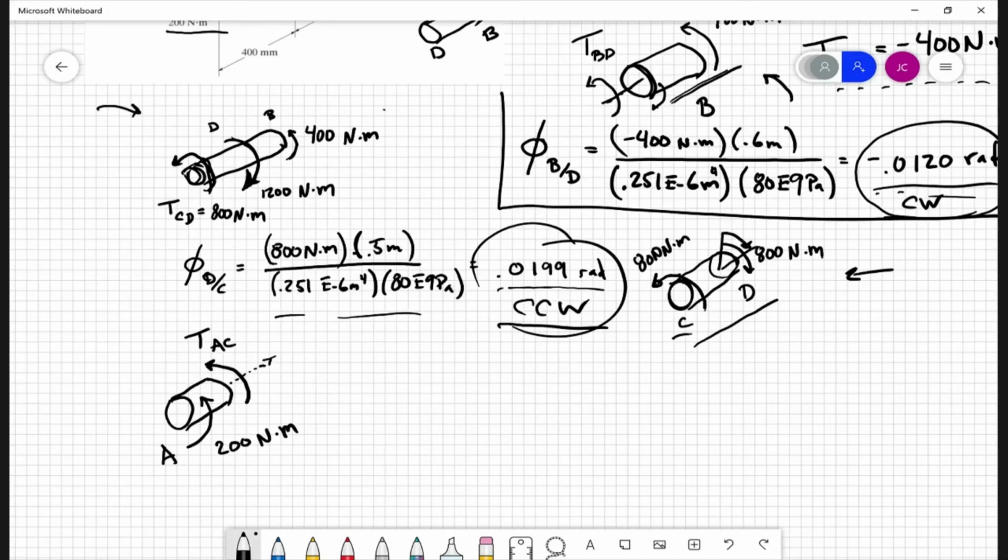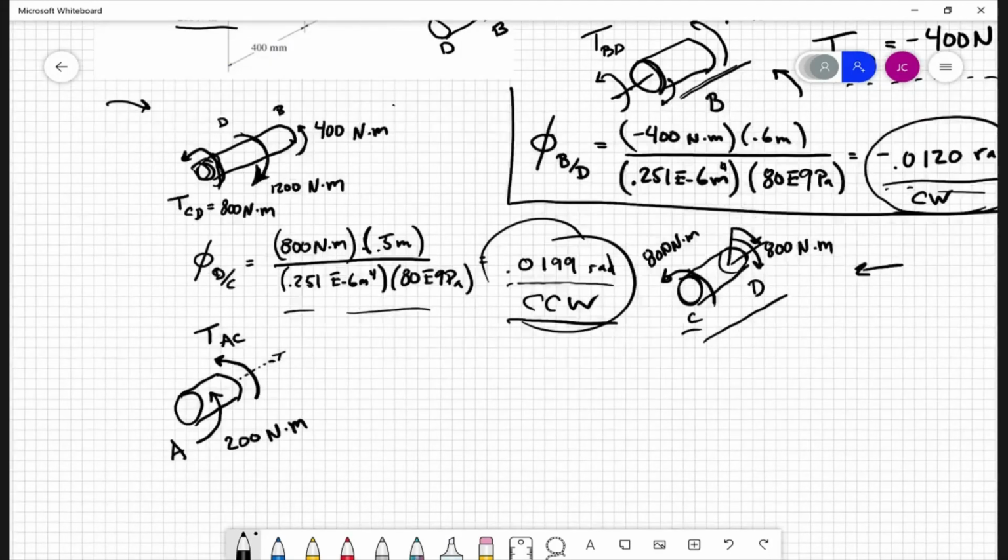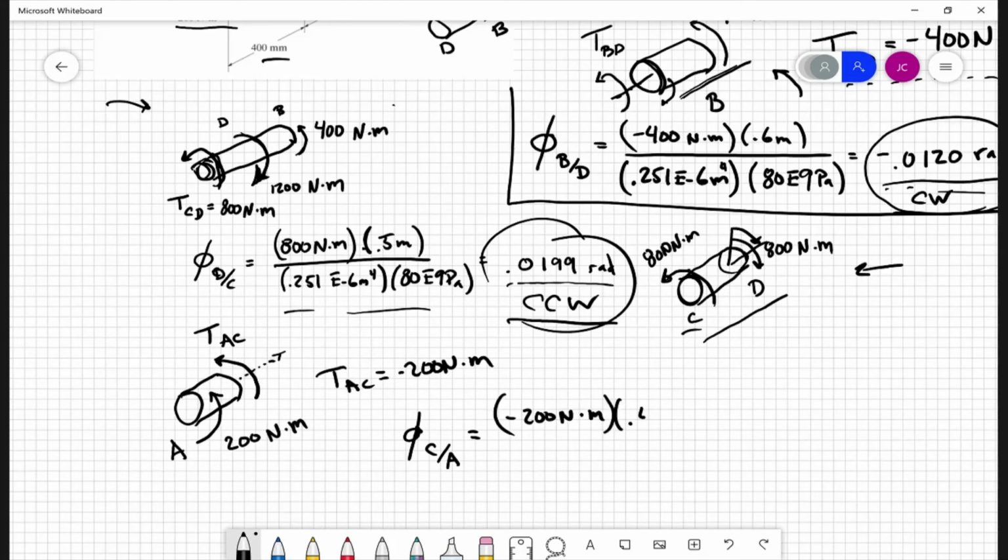Did I do that the right way? Yeah. So that means the way this is drawn, that really torque AC goes in the opposite direction. Torque AC is really a negative 200 Newton meters. And if you use that in there, and obviously its length is 0.4 meters, we can get that the rotation of C relative to A is going to be minus 200 Newton meters times the length, which is 0.4 meters,